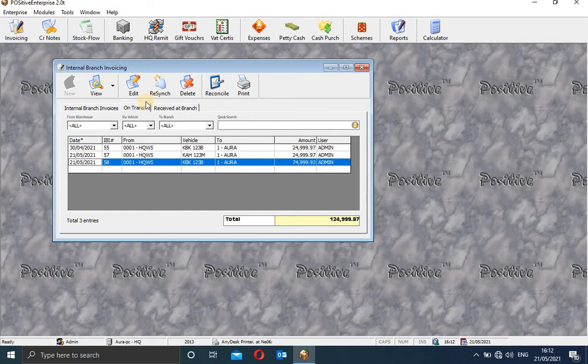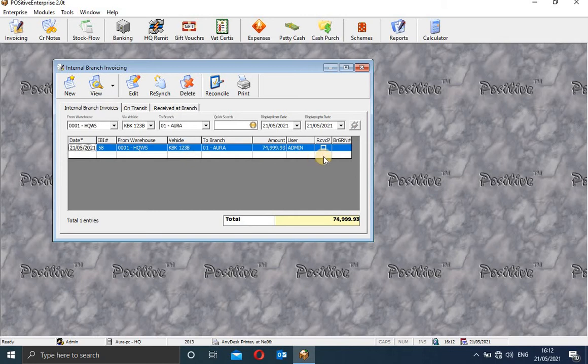So when you look at this IBI, when you go to the back office, you will find that the people at the branch already have these documents in transit. They will also see exactly what you are seeing here. I will show you this when we do the full flow of the entire system, so that you can see how the documents flow. Here you can see it is on transit, this is what we've raised, and this box has not been checked yet. When the branch receives, it will automatically be checked here, and whoever is at the HQ will know that the branch has received this stock.